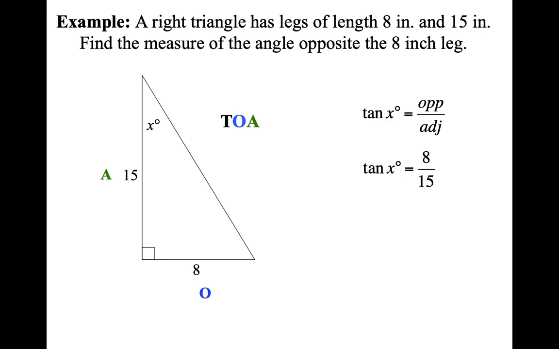Now, here I'm kind of stuck, because what's happening to angle x? It's not multiplication. We are not taking x times tangent. That doesn't work. Multiplication only works between two numbers, like 2x, where x is a number and 2 is a number. We can multiply those together, but we cannot multiply tangent times x. That's not what its function is. What is its function? Its function is the creation of a ratio.